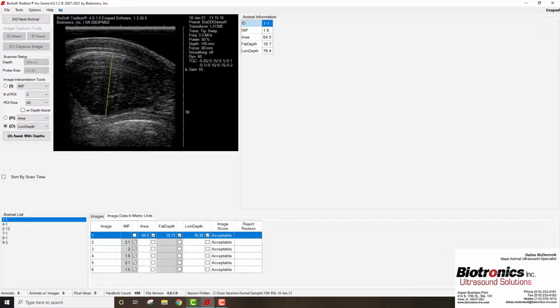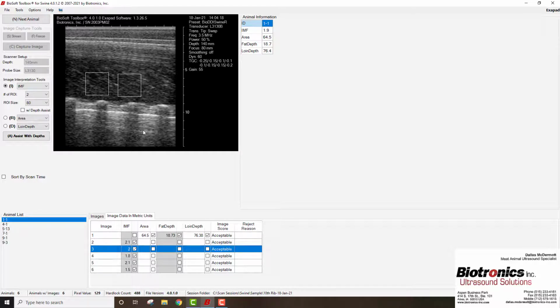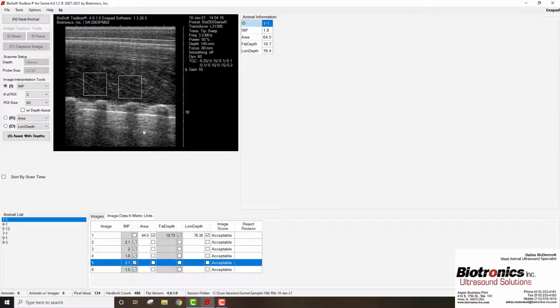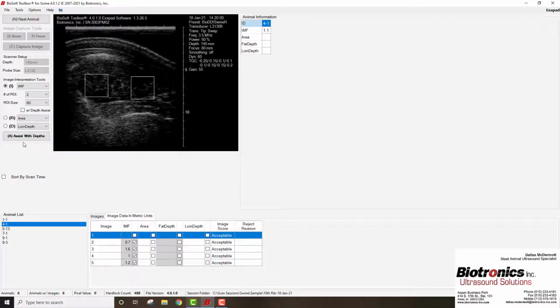And so as we go down through this, we've got a 10th rib image here, and if we go IMF, and these have previously been interpreted, the boxes are set, and this is an exapad image. It's not exago like the last two sessions we looked at, but the anatomy is all similar and the same. These are just taken a little farther forward at 10th rib. So as we get to the next animal, we see here's an animal that has quite a bit less muscle